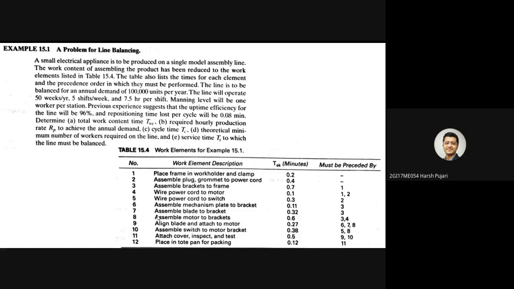Ma'am, what is the marks weightage of this problem? More than 10 marks. It depends upon what method they are asking you. Every method again has different things to be done, different procedures to be followed. So if you consider this first problem that we are now going to solve, it can be asked only for 5 marks because we are not solving this with respect to any of the algorithms. This is just simple equations that we'll be using. The analysis of single model assembly line equations that I have already given, the equations to find TWC, TC, RP, these are simple substitution problems. If you consider the different methods, they can be asked for 10 to 15 marks at least.